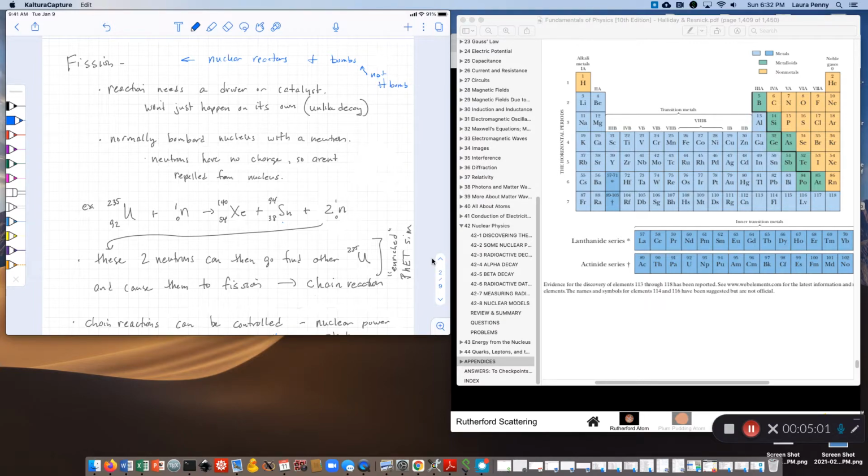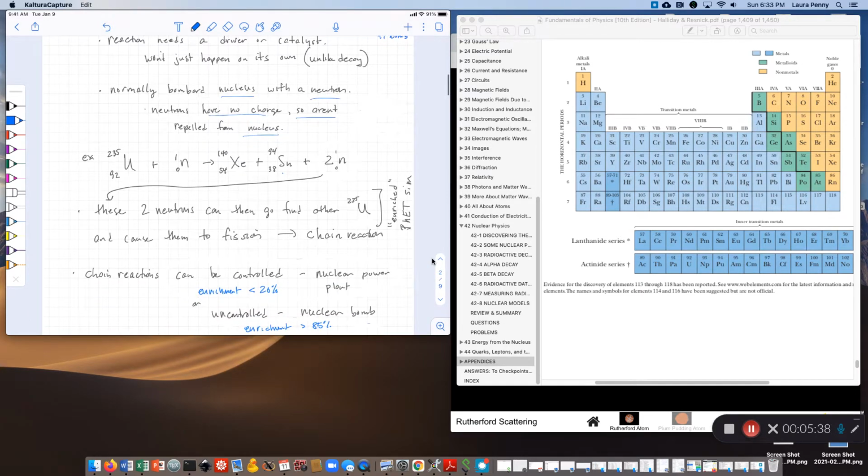And certainly all nuclear reactors that are commercial are fission. There are attempts to make fusion reactors, but none of those are working at any kind of commercial level power production at this point. So what we do is we bombard the nucleus with a neutron. The neutrons don't have any charge, right? And so it isn't hard to get a neutron to go into this nucleus. It's not going to be repelled like if I tried to throw a proton into there. The proton would just come right back at me. But if I throw a neutron at this nucleus, that can cause it to become unstable and start to fission.